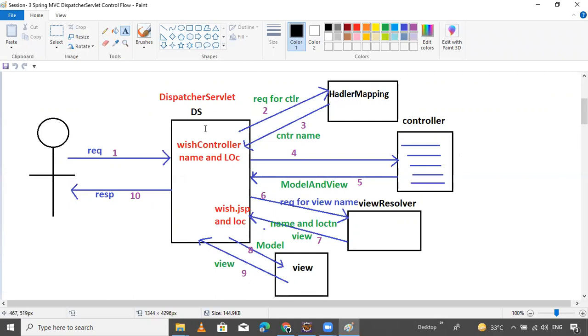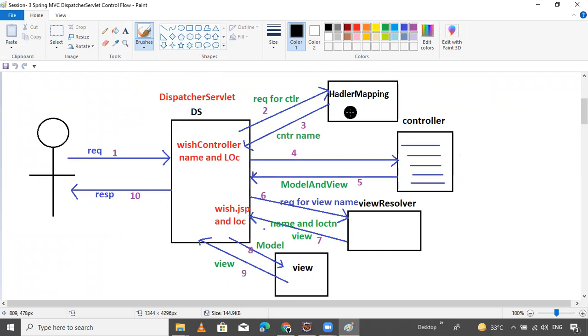Dispatcher servlet is the main component of Spring Web MVC. The client sends a request, the dispatcher servlet finds the handler mapping class, the handler mapping configuration, and then handler mapping sends the request to the controllers. The handler mapping's responsibility is to find the controller classes in your project, see how many controller classes there are, and process them.